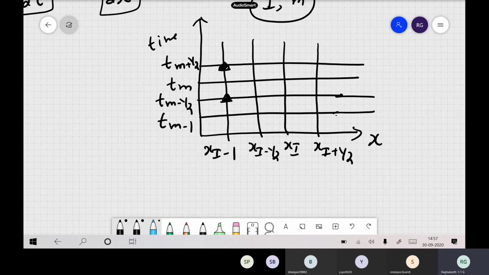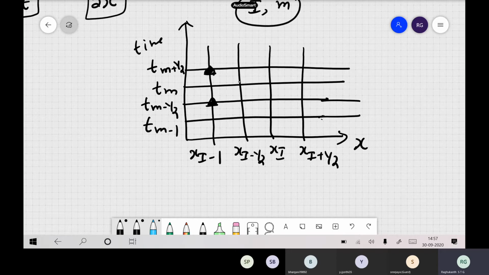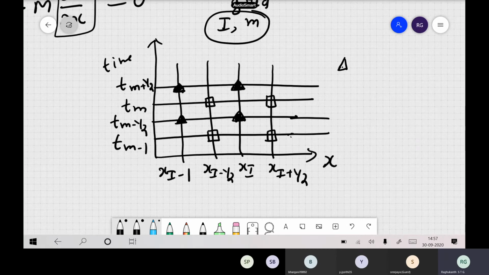So velocity will be defined at this grid point. Okay, the stresses will be defined at this grid point. So here the scheme automatically comes because you have to match something else here, and you follow it here. So this will be like this. Okay, so here the grid points are located like this. So this is V, and this is our sigma.